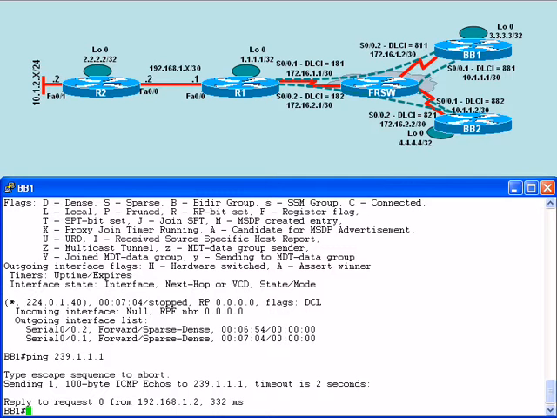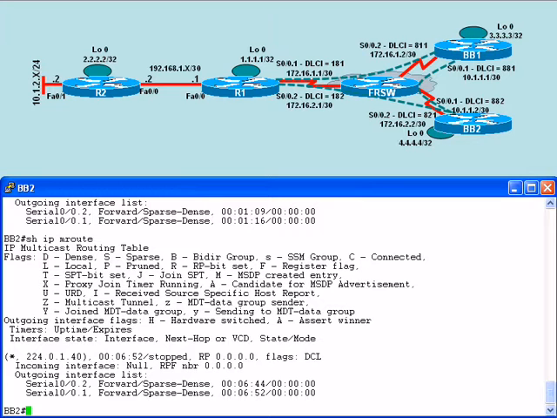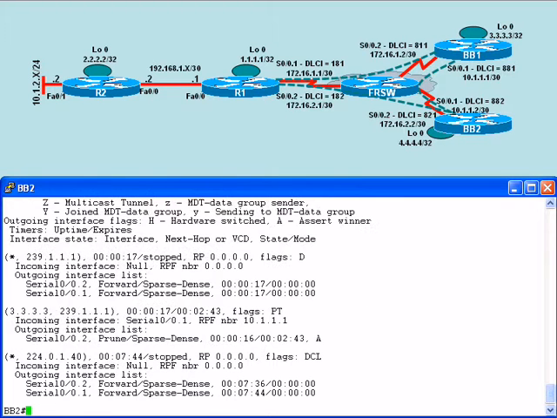Now let's go over to router BB2 and once again issue a show IP mroute. And let's see what this output is telling us. Notice that we now have